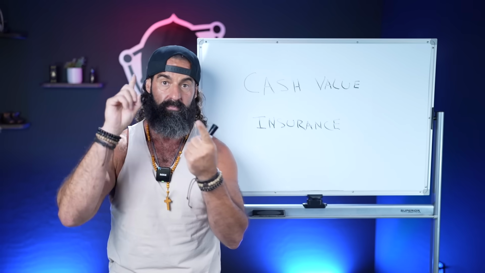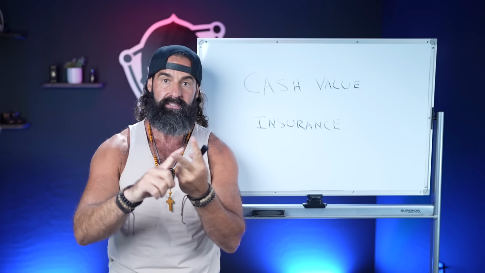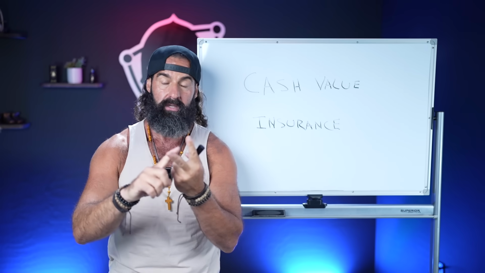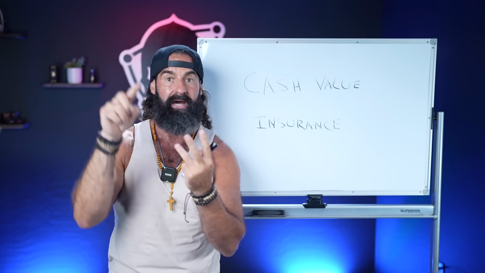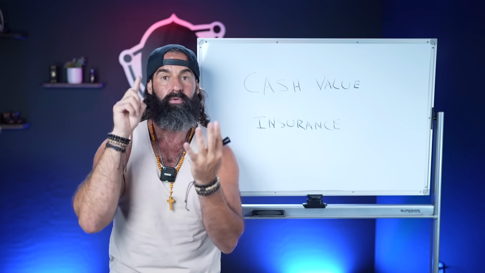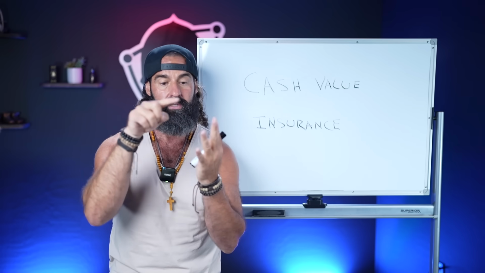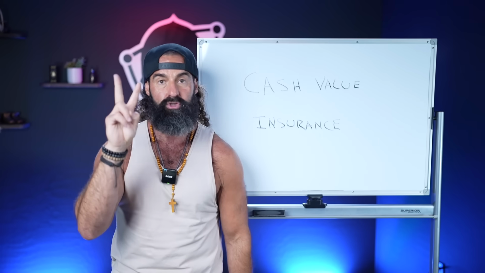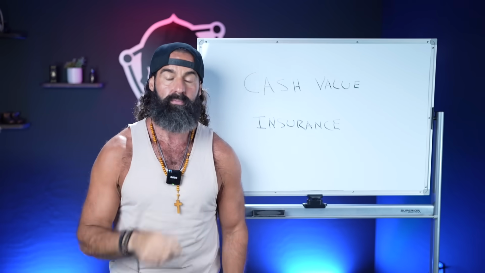So let me walk you through. Cash flow. Cash is trash. I put into deflationary assets that continue to appreciate. Okay, when those deflationary assets appreciate, guess what I do? I take that and I max fund my policies. So now I created a leverage component. So I have my deflationary assets, things like Bitcoin, and my cash value life insurance. Now I have two banks that I can borrow against to buy more cash flow to repeat the process.